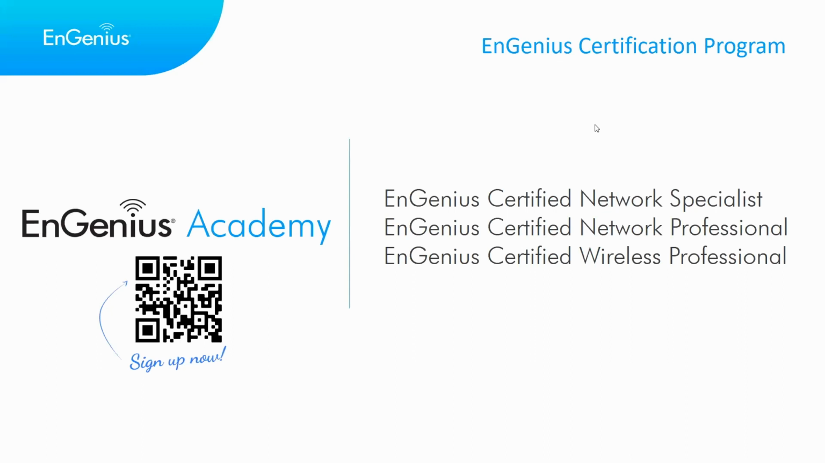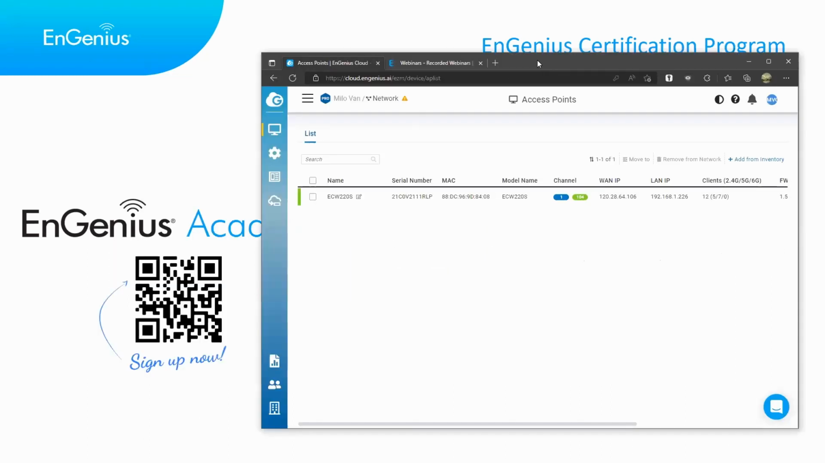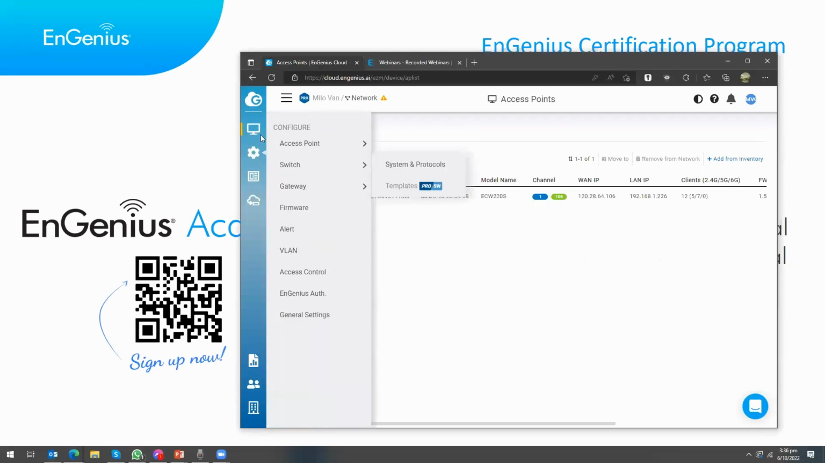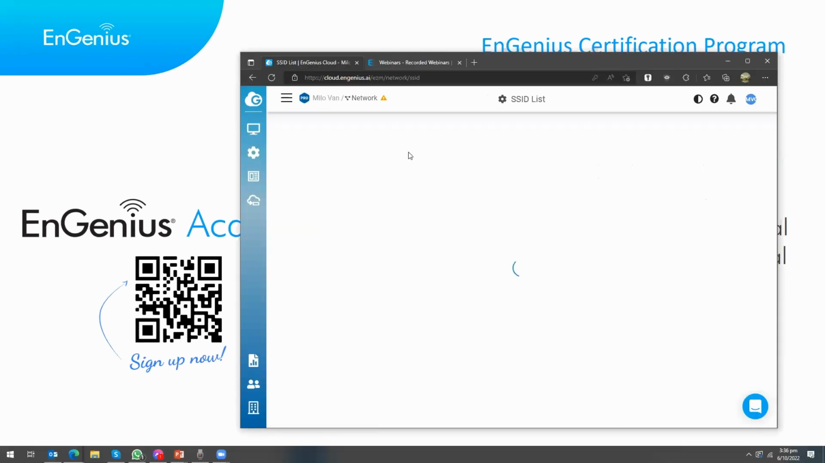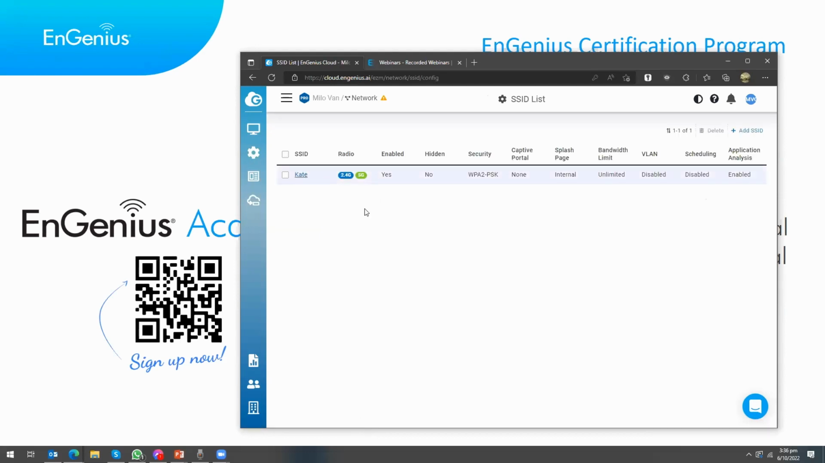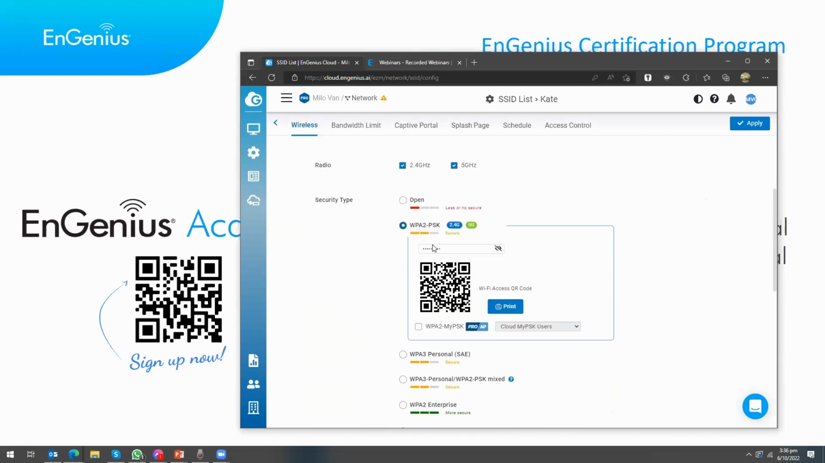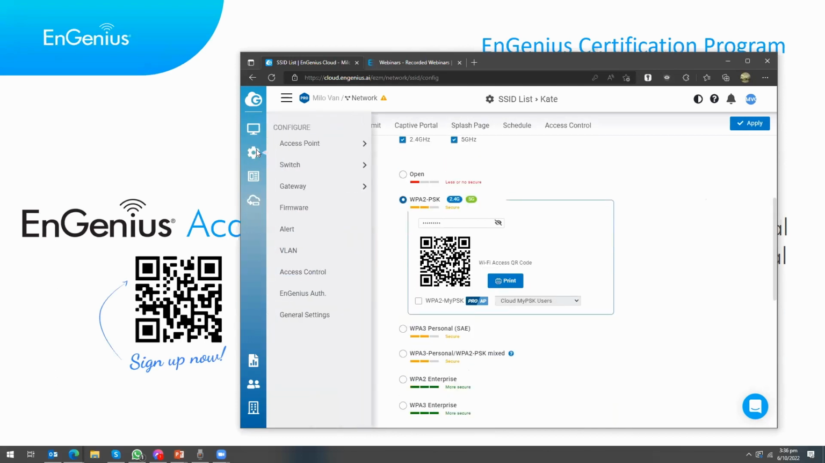One question here: does EnGenius support mixed types of devices, Wi-Fi 4, 5, and 6 in one SSID? Yes, we can have that as well. Let me show you the SSID page. Let's say you're setting up an SSID and you want it to be compatible with all the devices. Basically, all you need to do is enable that SSID, and then on the radio settings,